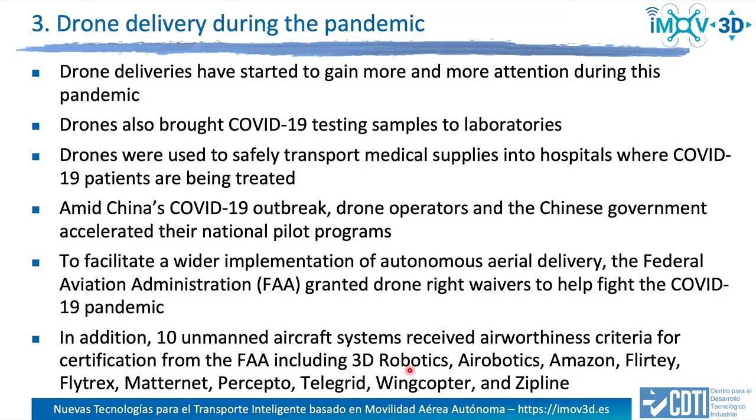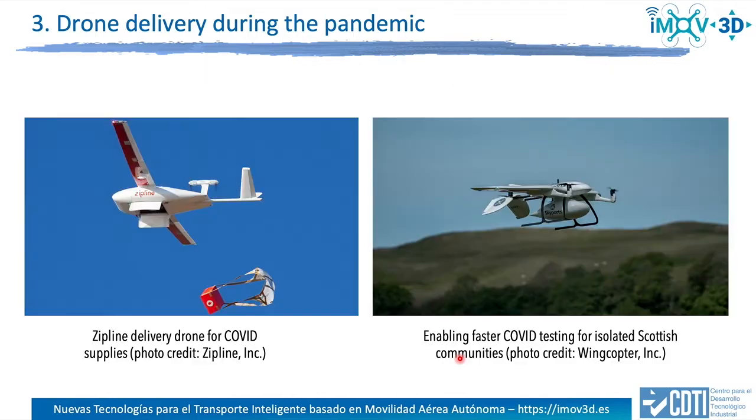Here we have the list of companies, and this is a crucial step to enabling more complex drone operations, including package delivery. Here we have several nice examples. Zipline, a California-based drone delivery startup, delivers critical medical supplies such as masks, test samples, and blood products in Ghana and Rwanda. Zipline is acting as a centralized distribution network for COVID supplies, also in Ghana and Rwanda, things like